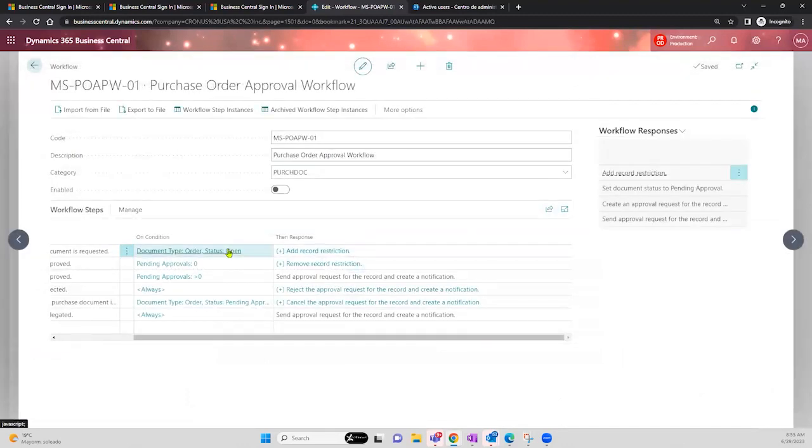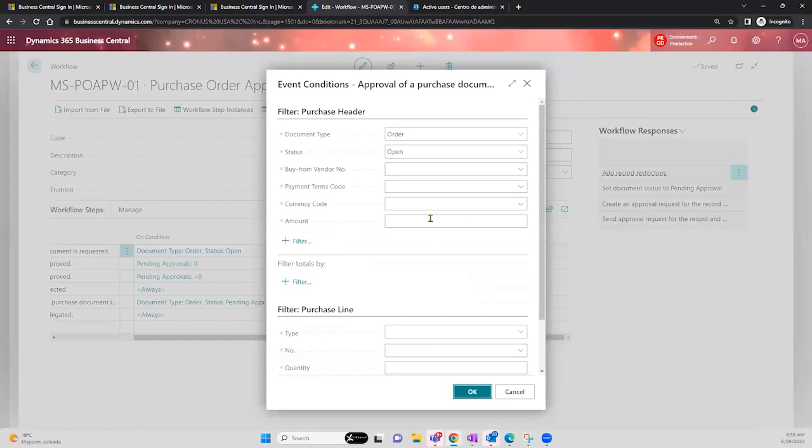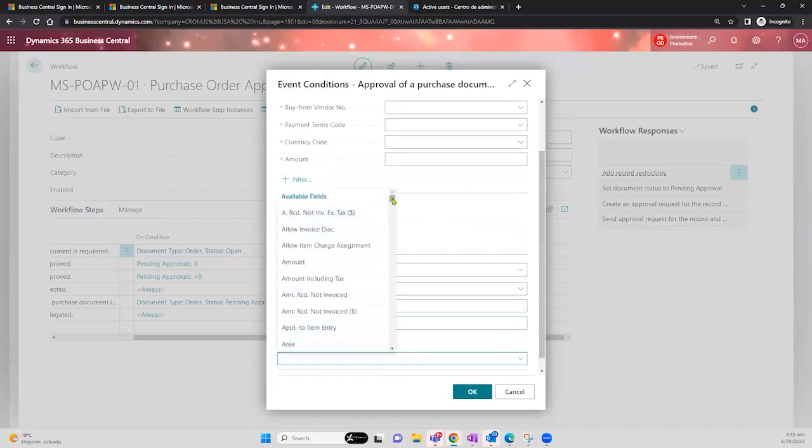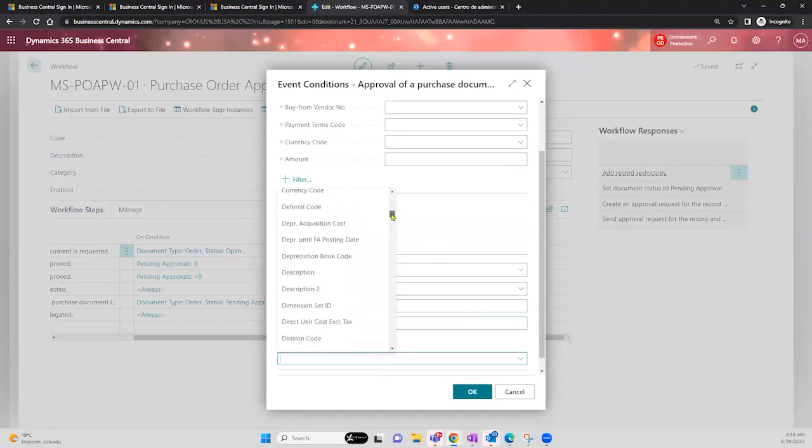Sometimes we add, now I'm going to work with the idea of the filters, okay? Approval of purchase event conditions. The conditions are more or less the same idea, filters, okay? What happens if somebody is purchasing,